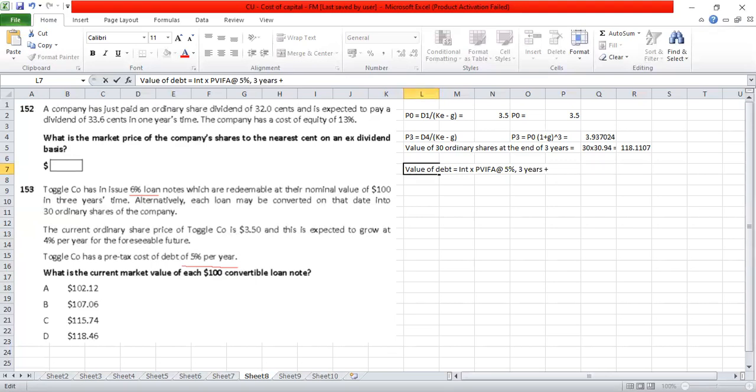That redeemable value, it is only one item, is multiplied into the present value interest factor. It is not an annuity, present value interest factor at the rate of